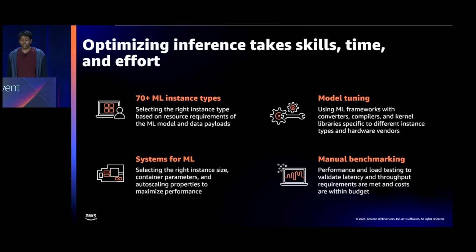Then you might go ahead and optimize your model for different hardware using software accelerators, kernel libraries, and model-level optimizations such as quantization and compilation. And then next you'd have to select your model server, set your parameters such as the number of threads or workers, and set your instance count and auto scaling policies. And finally, you have to conduct extensive load tests to validate that all the choices you made previously meet your latency and throughput requirements and that the costs are acceptable.